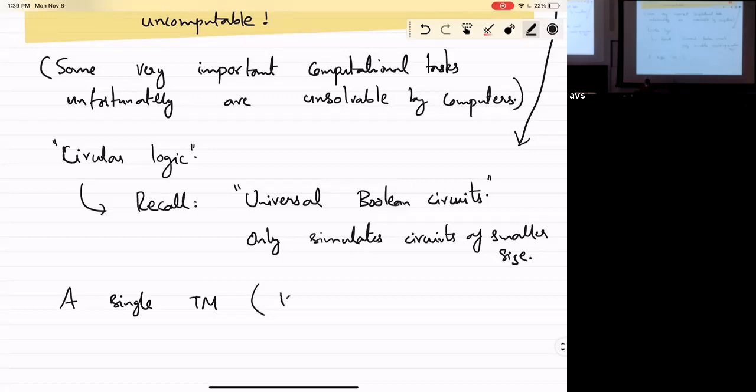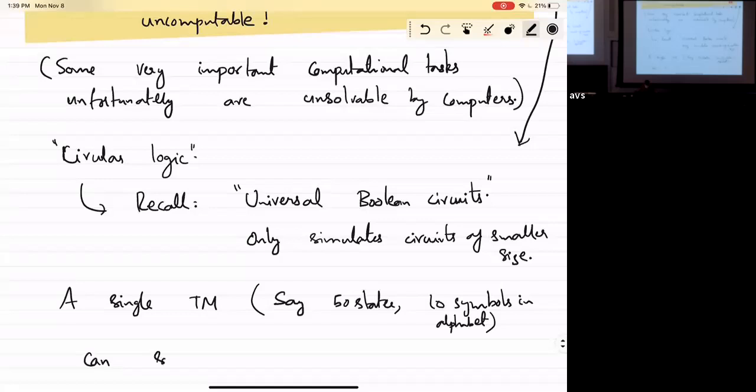So for instance, to be conservative, say 50 states, 10 symbols in the alphabet, can simulate all Turing machines, no matter the size of the Turing machine. There's a single 10-state Turing machine which can simulate even 1 million state Turing machines or 1 billion state Turing machines. That's also possible.